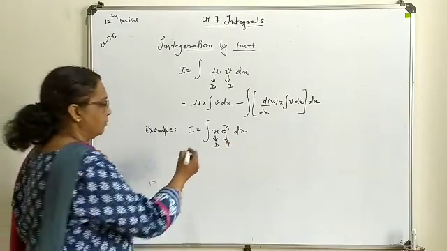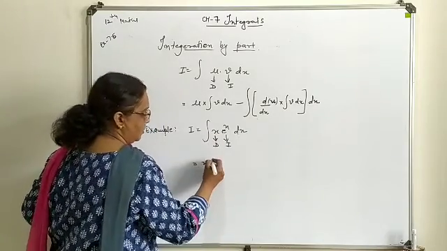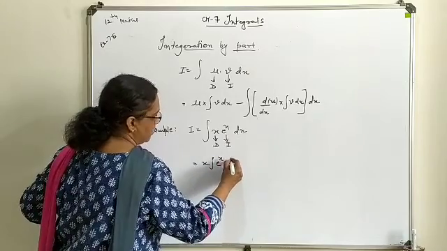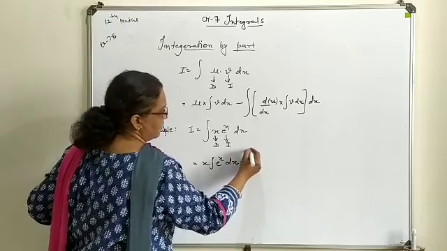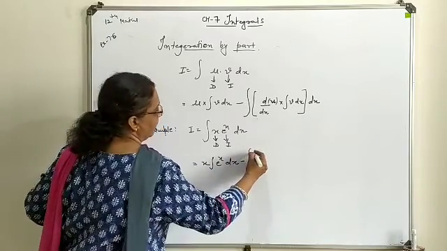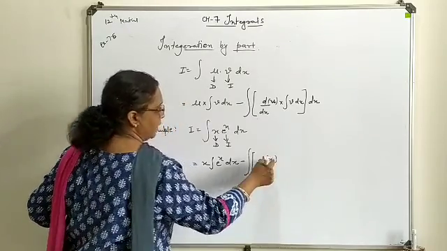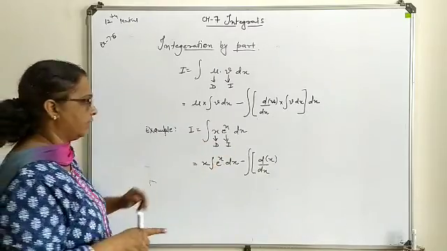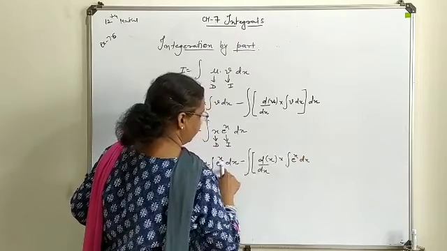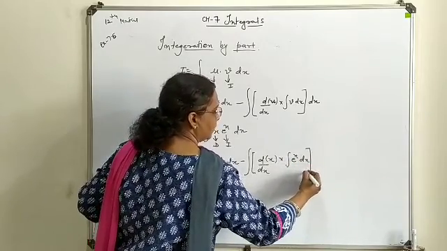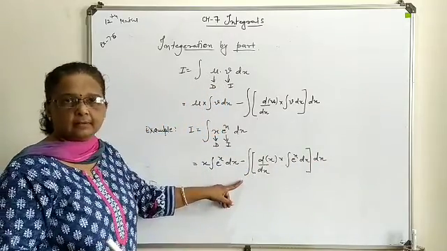Now implement this method. What was the method? This x we will keep as such. Here we have to write the integration of e power x. In between, minus is compulsory. Form a big integrating sign. Then write the differentiation of this x, the differentiation of this derived form, into the integration of e^x again. The same term you will write over here also. Make this bracket close, and outside it, the integration with respect to this integrating sign.